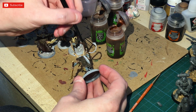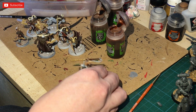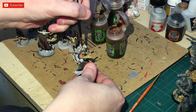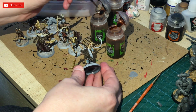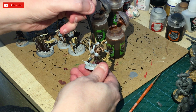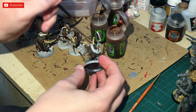Coming on. And then before that dries, just try and mix towards the bottom. I know I went up on that one, but a wet blending on the actual bone itself. So putting a bit of this at the bottom,